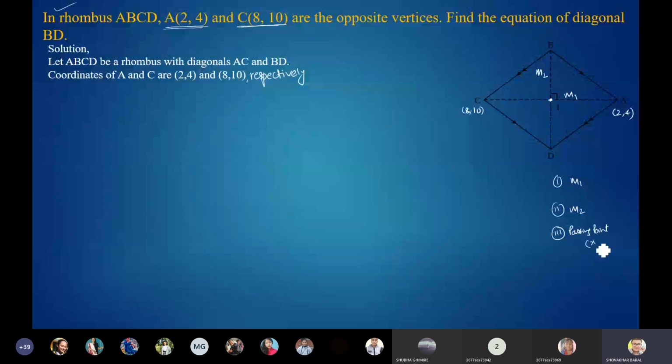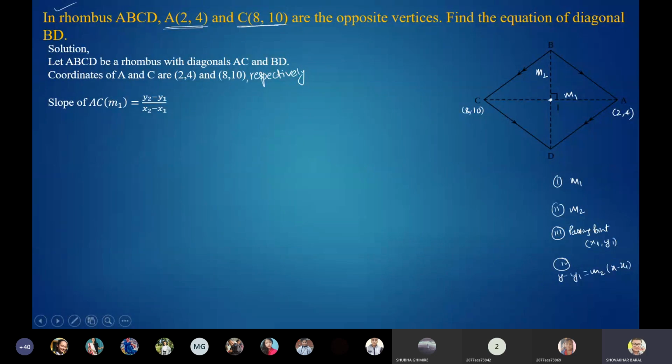Suppose it is (x1, y1), and use the formula y minus y1 equals M2 times (x minus x1). So here I'm using the same approach in all the questions so that it will be easier for you to understand. If you do all questions the same way, it is easier to understand and also easier to remember later. It's not only about understanding, it's about recalling it during the examination also. So just remember the basic outline: M1, M2, passing point, and the equation of the straight line.